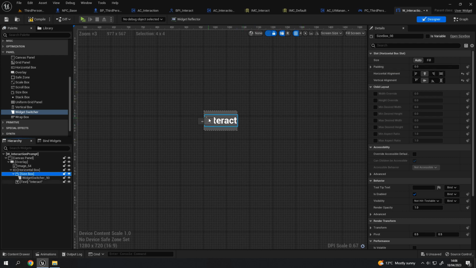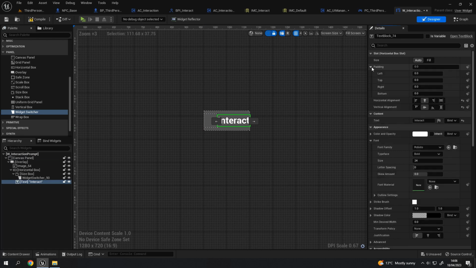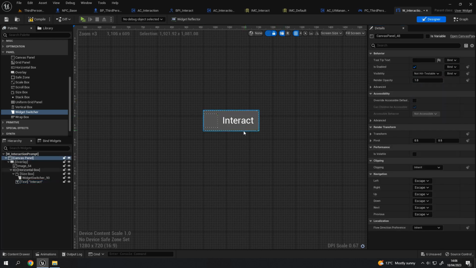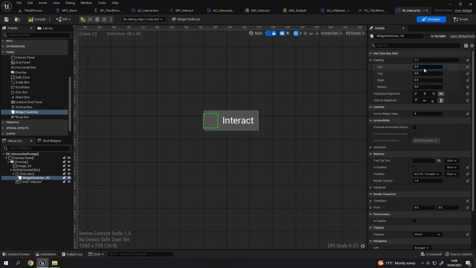And then when you actually start to interact, I'm going to get it so it switches to like a radial progress bar. So for that, I'm going to just update the size, so the width and height override to 48. So that way, anything that's placed inside here, it'll sort of maintain that size. On the interact text, let's just change that from bold to regular, and then on the left and the right, put some padding, so 15, it doesn't seem too bad, and then I'm just going to pop on some left padding on the,